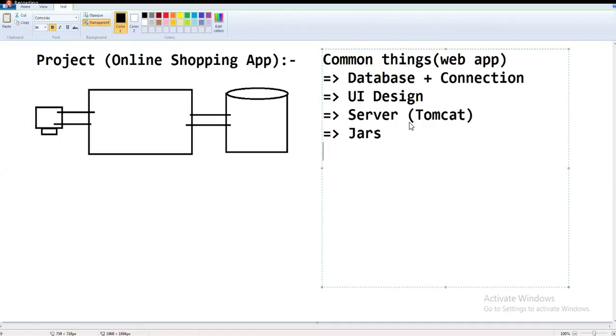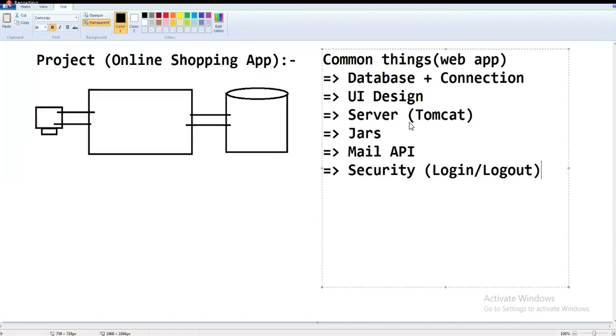If we are developing email programming, the mail API will be implemented. And login and logout concepts, some security will be there. That is the minimum requirement: login and logout, and email alerts. These are some common things, etc.